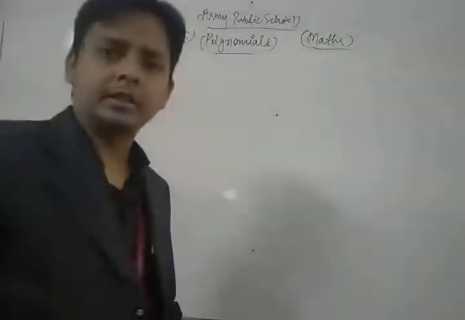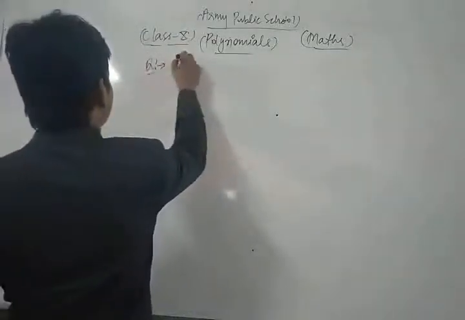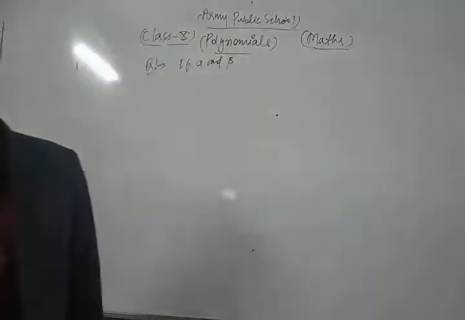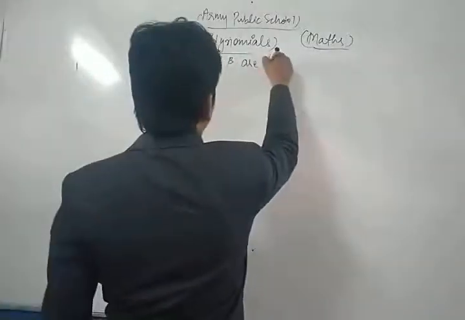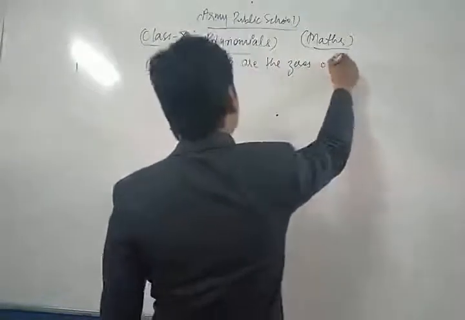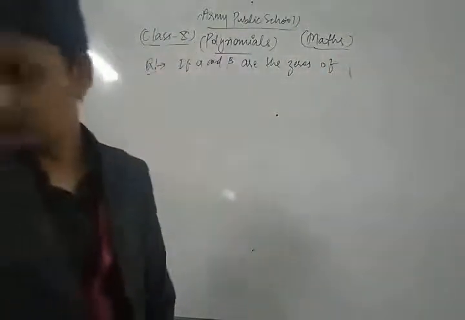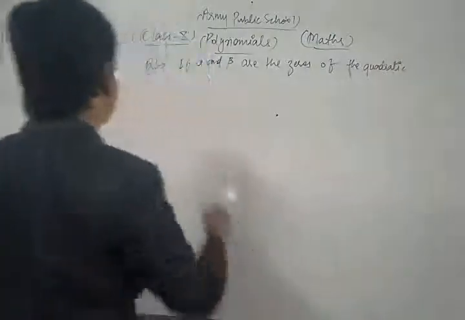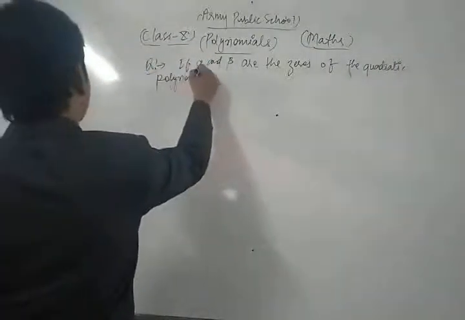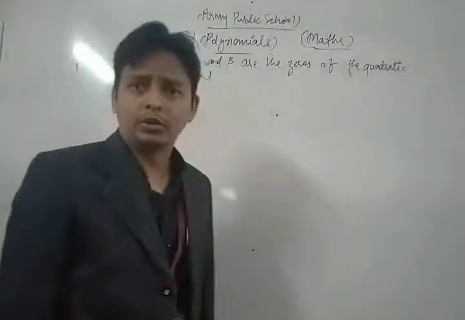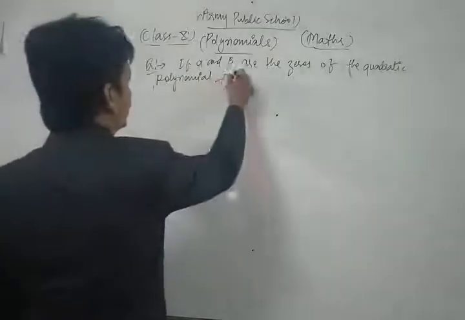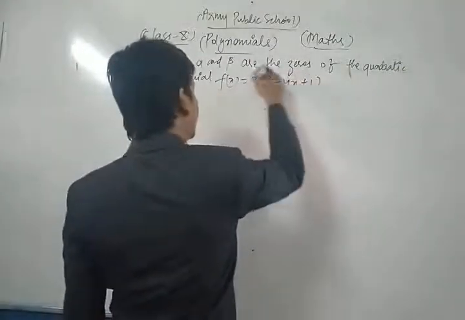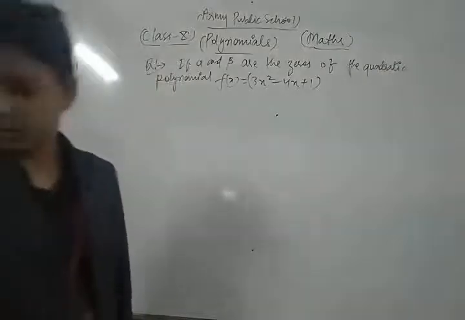The question is, if alpha and beta are the zeros of the quadratic polynomial f of x is equal to 3x square minus 4x plus 1, find a quadratic polynomial